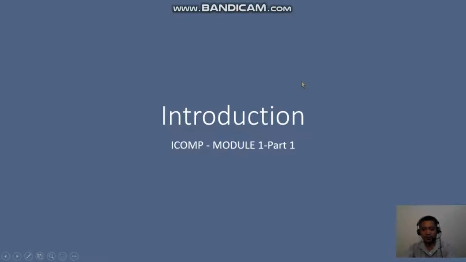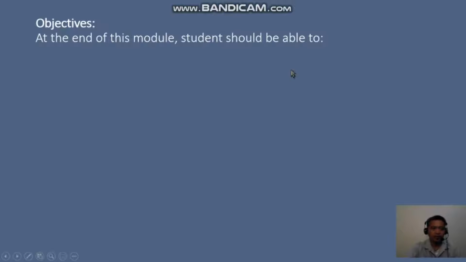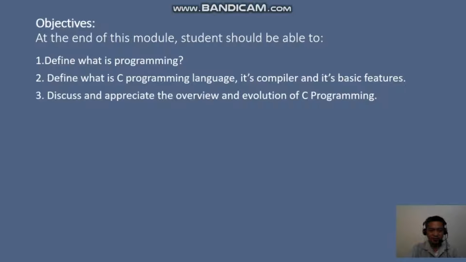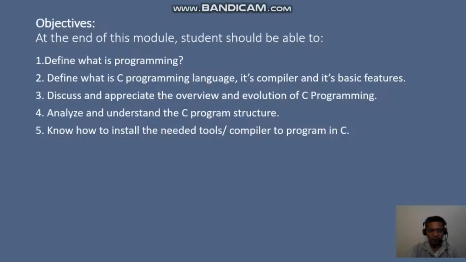So to start up with this module 1, part 1 of ICOMP, let's start with considering the module 1 course objectives. At the end of this module, the student shall be able to define what is programming, define what is C programming language, its compiler and its basic features, discuss and appreciate the overview and evolution of C programming, understand the C program structure, know the needed tools and how to install these tools to program in C,